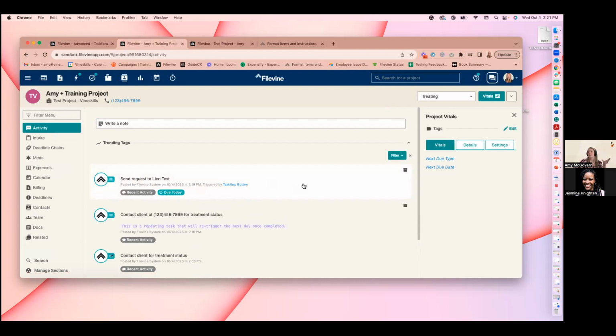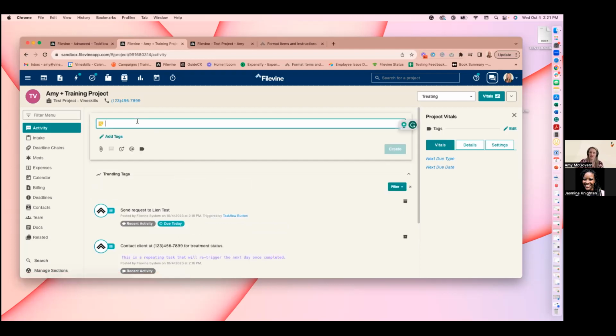All right. That's kind of the basics on task flow and just some little tips and tricks that you can do. And of course, once you do task flows, it's also good to have an incomplete task report as well to go with it. I do recommend those. And then there's always manual tasking. So just quick manual tasking that you can do in-house too for any one-off tasks that need to occur on cases. You can hit your at button here and you can task your coworkers, client call,